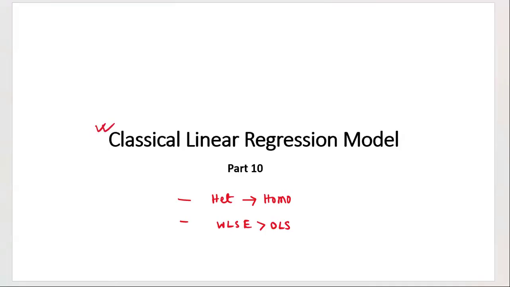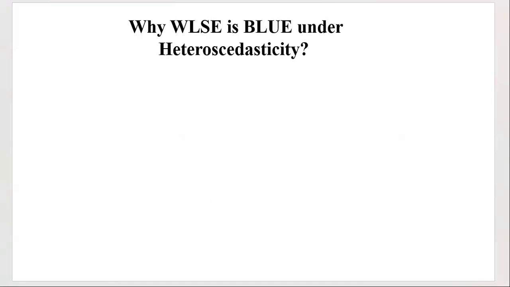So let's start with that. How do you prove that WLSE is BLUE under heteroscedasticity? As always, we start with a two variable regression model, which looks like this: Yi = alpha + beta xi + epsilon i. This is our simple two variable regression model. Now, what we have to do is assume